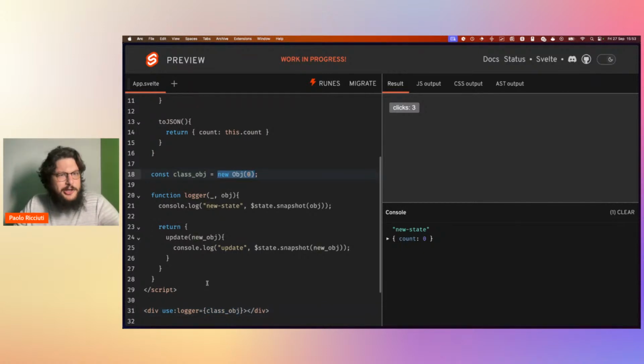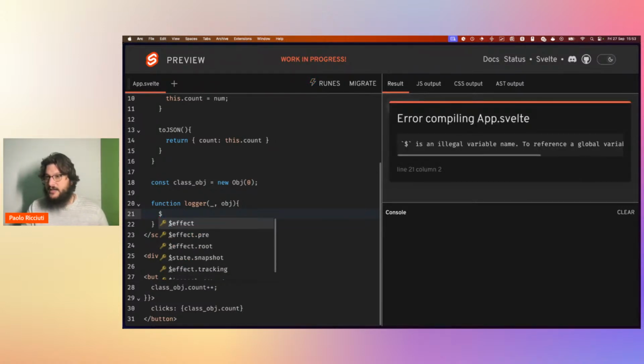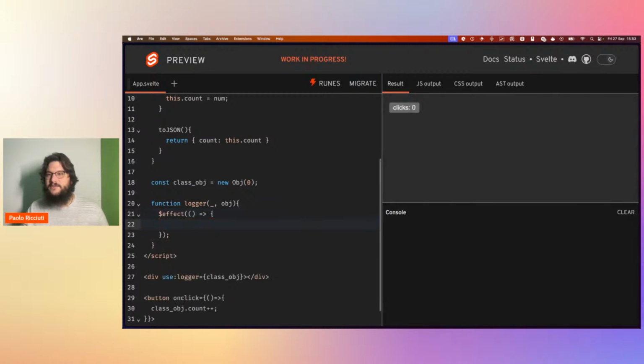So what can you do to fix this? And the answer may surprise you, but it's actually effect. So if you know that you will need to mess with classes and stuff like that, a good way to handle it is using an effect. So you can use effect and